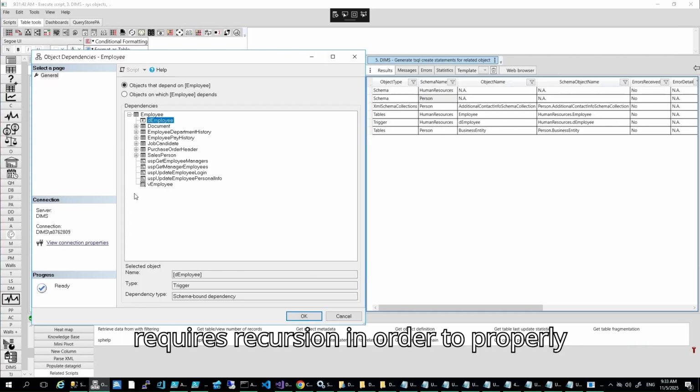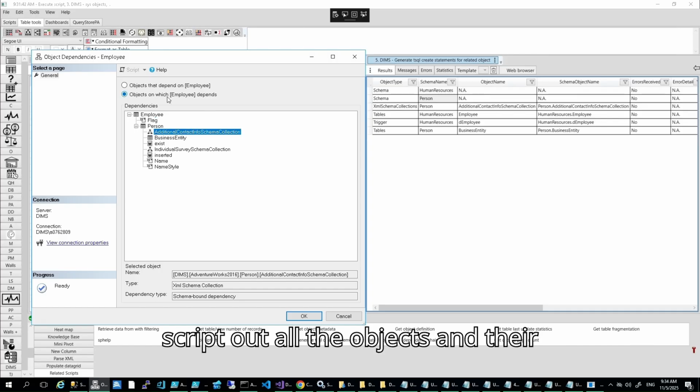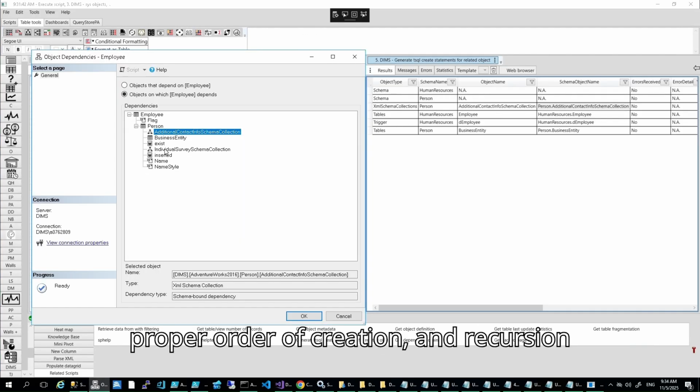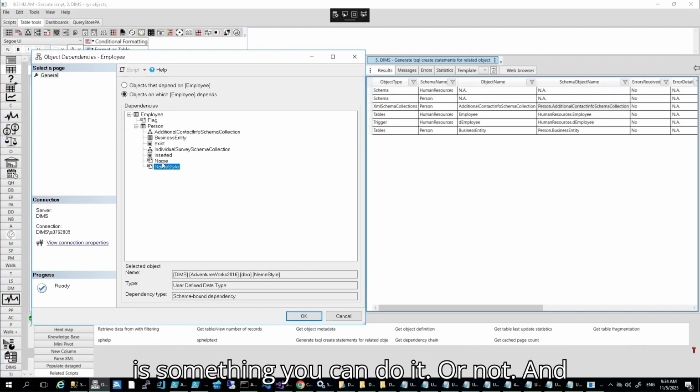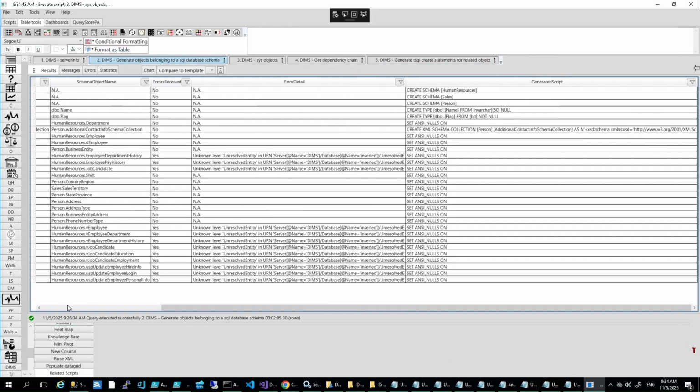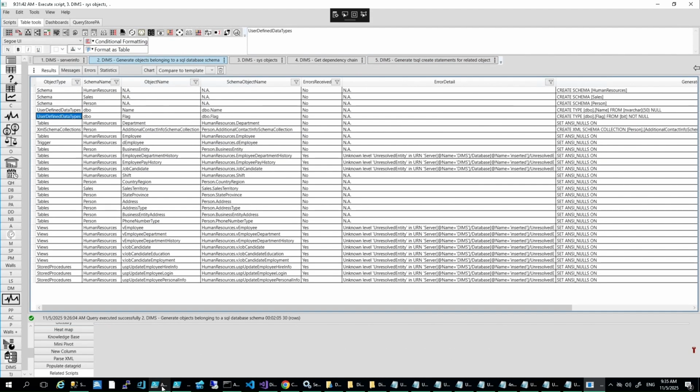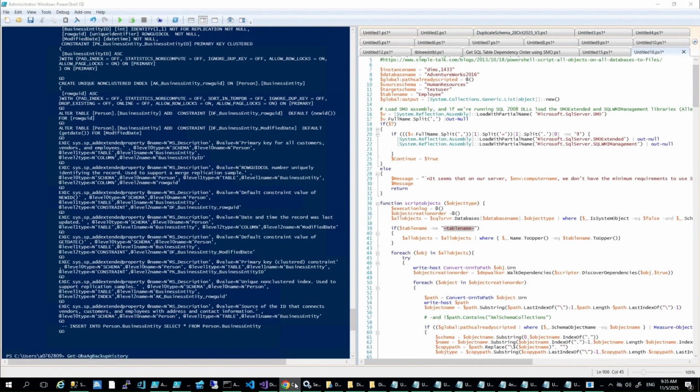I believe it requires recursion in order to properly script out all the objects in their proper order of creation, and recursion is something you can either do or not. And for me, recursion is something I cannot wrap my head around,